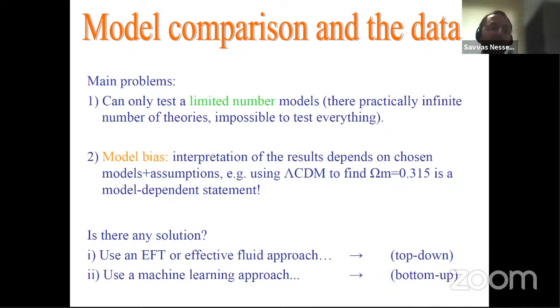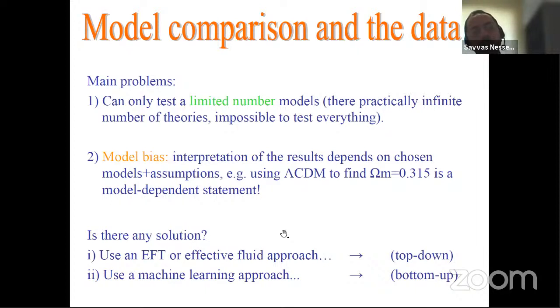models, or we could use a machine learning approach to try to find some features in the data which perhaps we have missed, okay? Because now the data are becoming more and more complicated. And we are in the era of big data, and it's very easy to miss some subtle feature, okay? So I think using both approaches at the same time to attack the problem is really necessary, okay? Now in this talk, I'm going to talk about machine learning, so I'm not going to focus on the theoretical